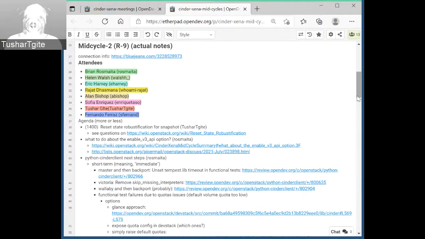Actually, I have a question. Last time I asked about group and group reset, group snapshot. Do we really need to cover that in this spec?